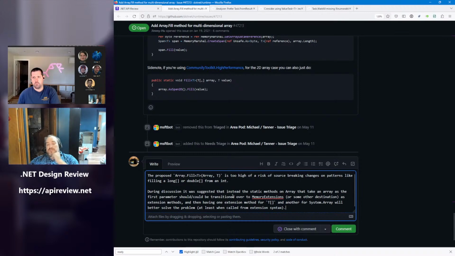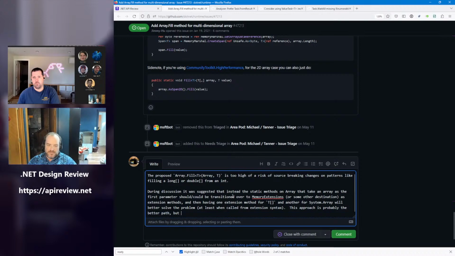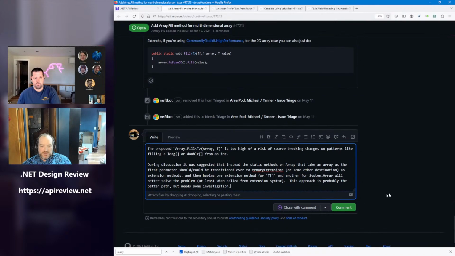All right. So, sending it back with the suggestion to look into moving all of the static methods declared as static but that really look like instance calls on array to be extension methods, so that you're able to lock in the type of the array better than locking in the type of the value.